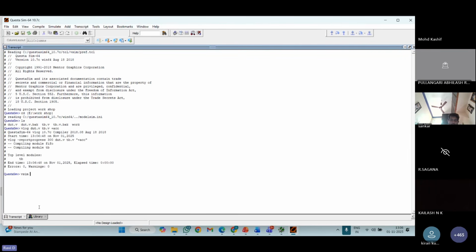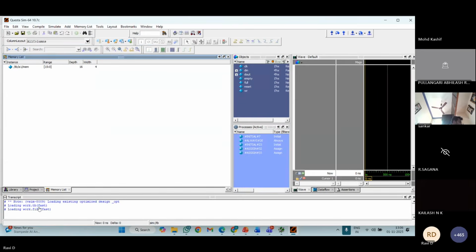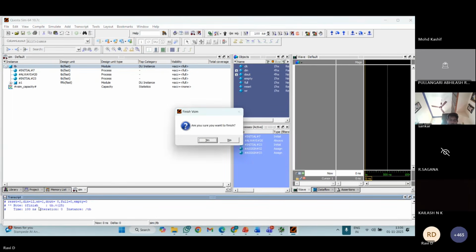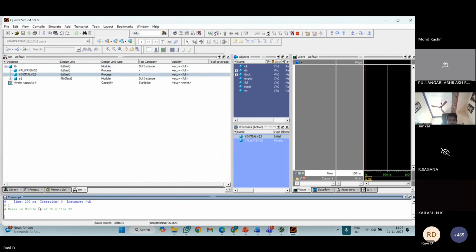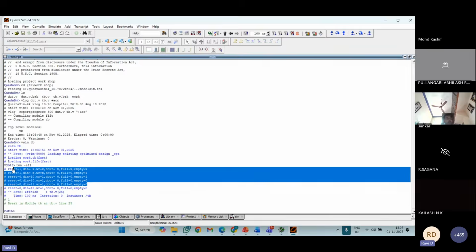So simulate. So we can see a few things here.